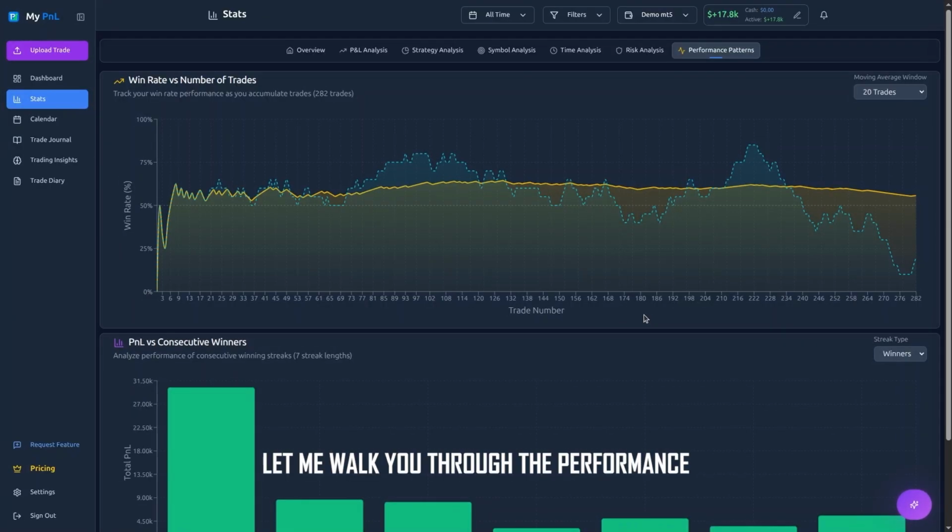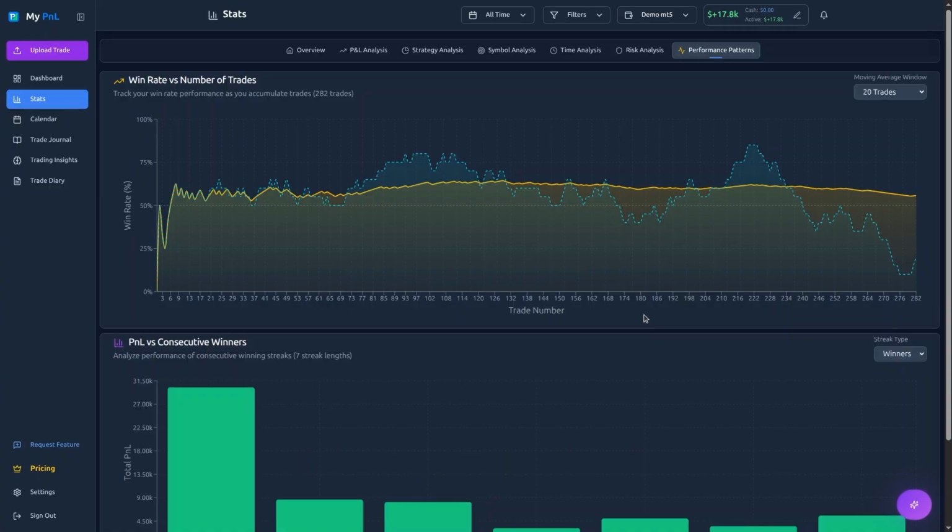Let me walk you through the performance pattern tab. This is where I can see my trading consistency and momentum across 282 trades. First, the win rates versus number of trades chart. This tracks how my win rate evolves as I take more trades. The blue line shows my actual win rate over time and the orange line is my moving average, smoothed over